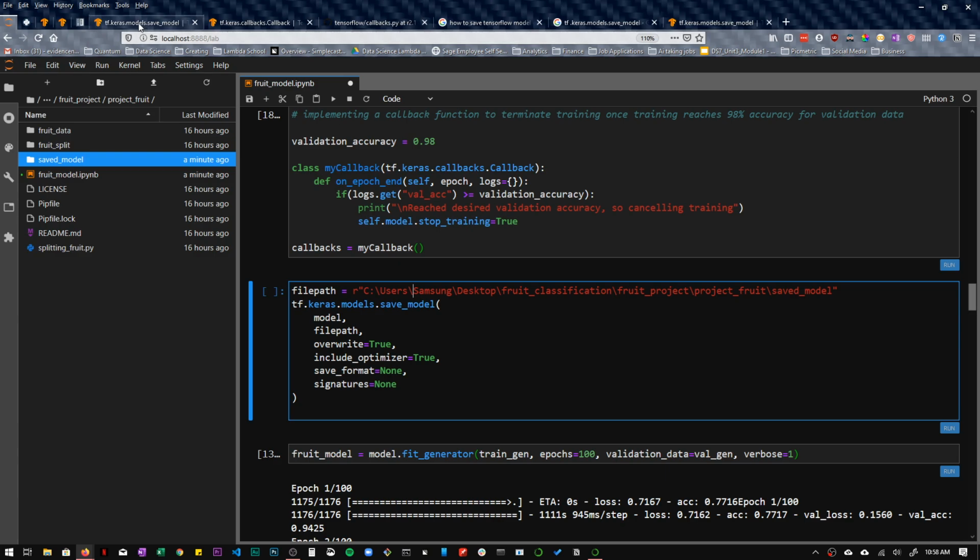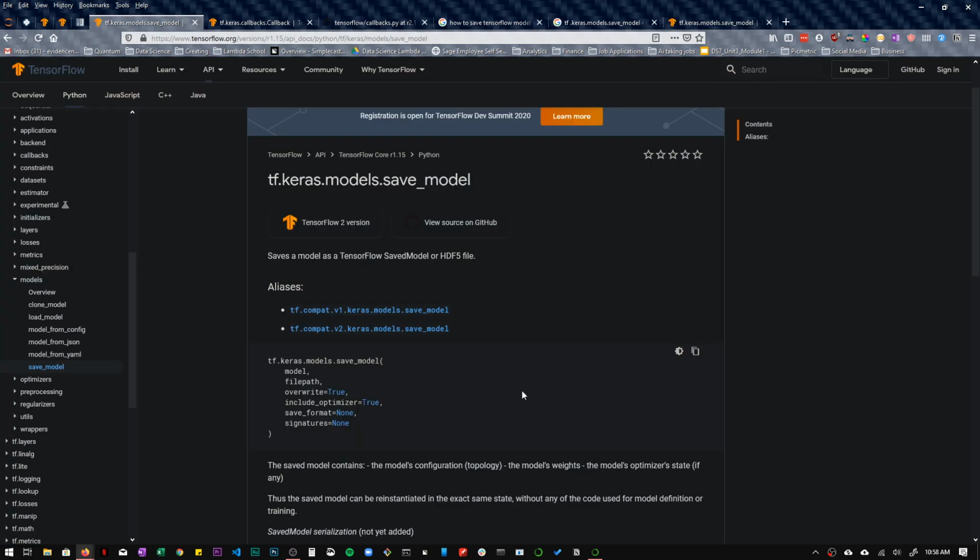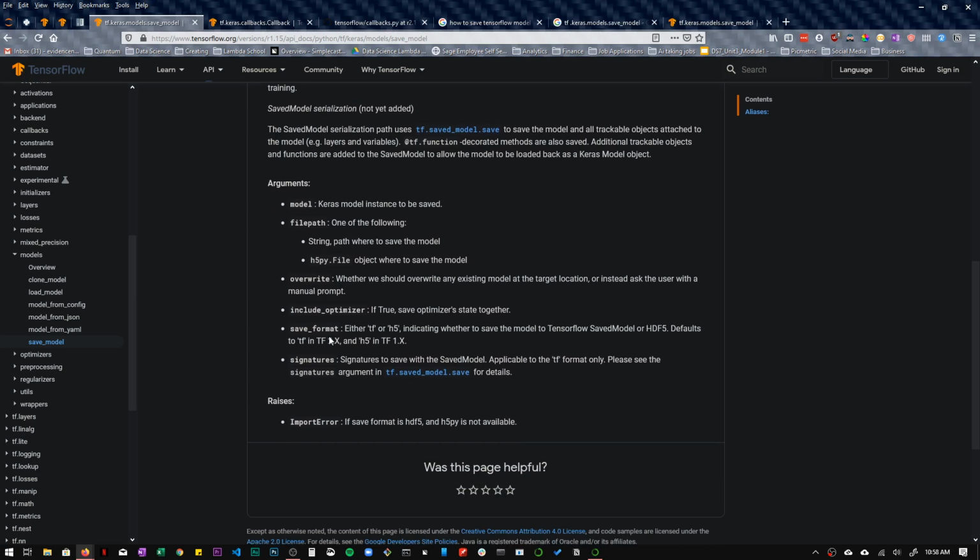So for us to actually save it as HDF5, if you go to save format, it's either TensorFlow or H5, indicating whether to save the model to TensorFlow SavedModel or HDF5. So what is the difference?